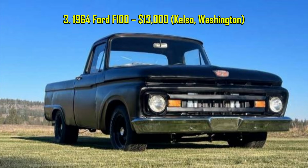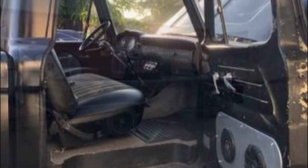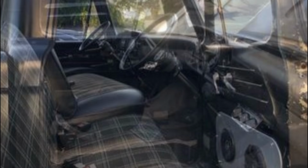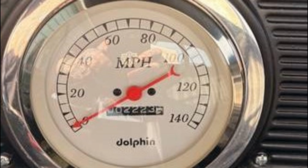Number 3. 1964 Ford F100, $13,000, Kelso, Washington. This 1964 Ford F100 blends classic styling with practical upgrades, including a 351 Windsor V8 and FMX automatic transmission converted to a floor shifter. With power steering, power brakes, and updated interior components, it offers a comfortable driving experience compared